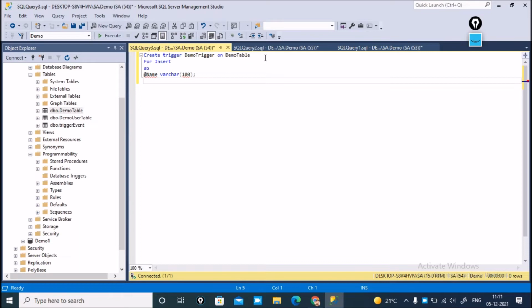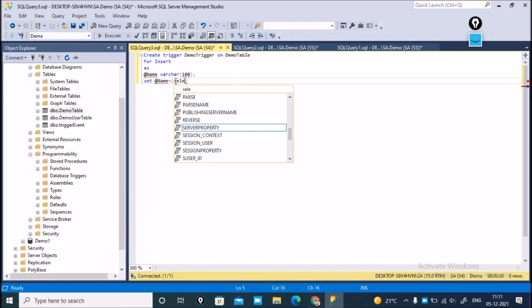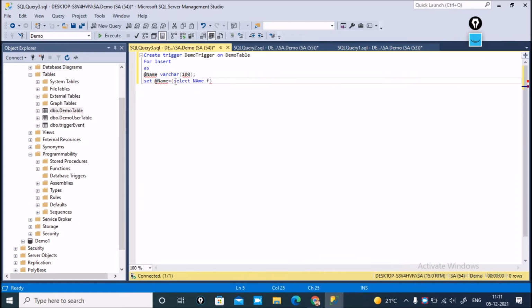And for that, set name is equal to, right, and select name from inserted.